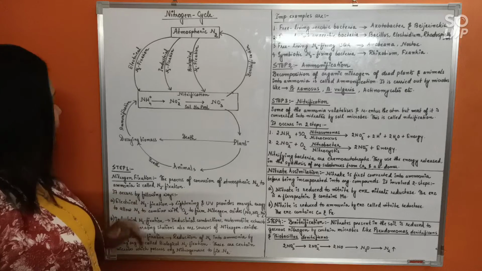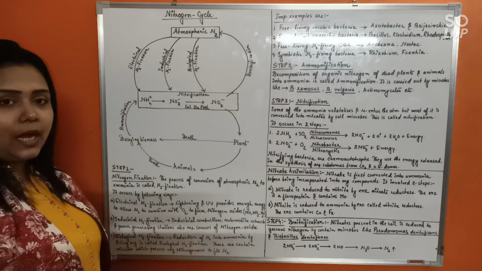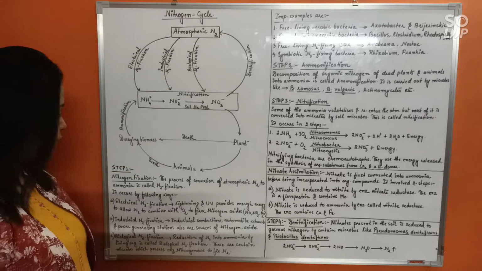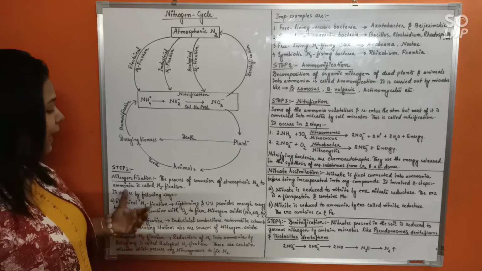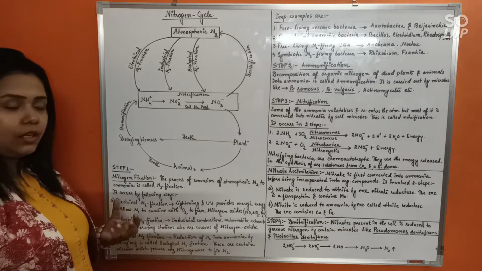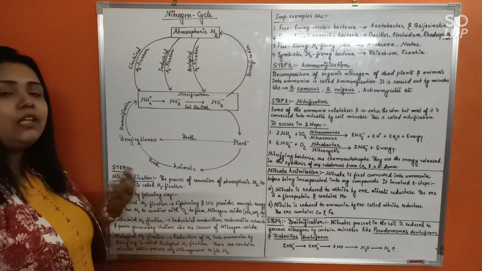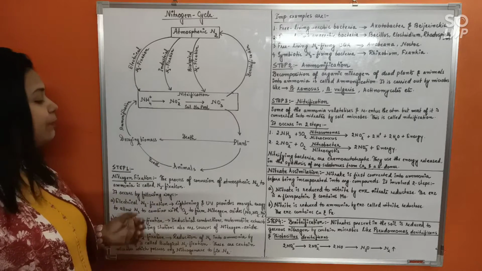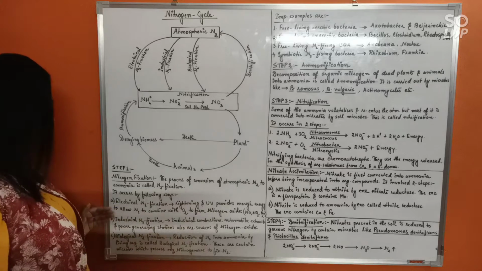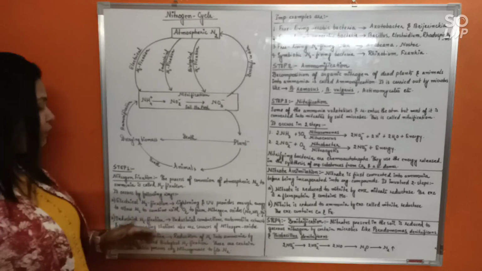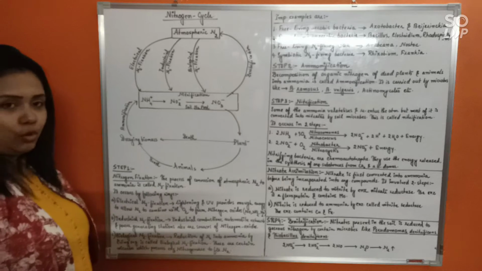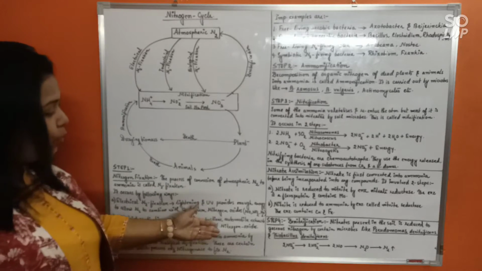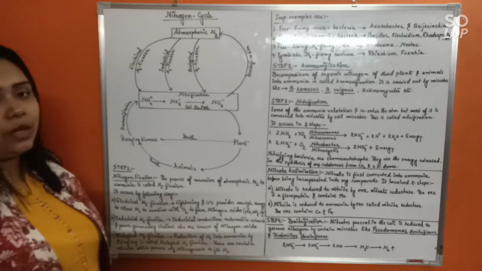Now, nitrogen fixation, as you have seen already in the diagram, can happen by 3 processes. First, electrical nitrogen fixation. See, lightning or UV, that is thundering continuously happening in the atmosphere, provides enough energy to allow nitrogen to combine with oxygen, and this forms various types of nitrogen oxides, like NO, NO2, N2O, etc.